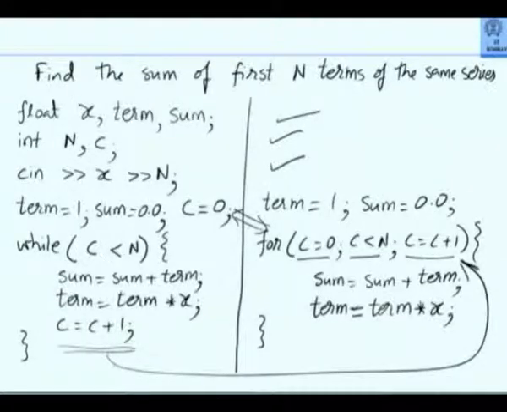So these are equivalent. Understood? This is very simple and a straightforward counting iteration. And in fact, when we use arrays, we extensively use this construct. But there can be many variations in this construct. For example, the simplest variation is, you rarely write C equal to C plus 1. What do you write instead? C plus plus. Not the C plus plus compiler, but variable C incremented by 1. Okay.